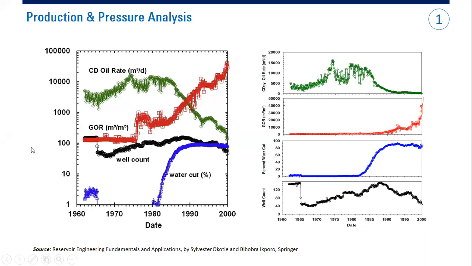Okay, so as you can see here in the plot, I have an oil production plot, and then a gas production plot, and then the black one is well count. How many wells do you have, right? And then the water cut. If you combine all the plots like the one I have on the left here, you can analyze. As you can see, you have a declining oil profile and an increasing gas oil ratio profile. And of course, your water cut increases suddenly and significantly, and after that it stabilizes.